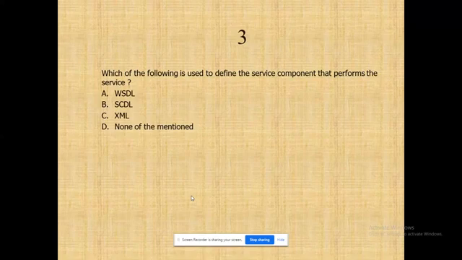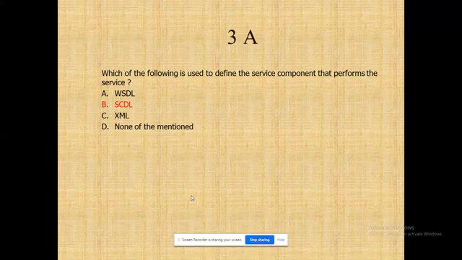So there is a different purpose for WSDL actually. The actual answer will be SCDL, right? WSDL will work for interfaces. That's what my next question is actually. So to identify the difference between WSDL and SCDL, I have given this MCQ. WSDL is meant to identify my interface. SCDL will help me to identify the component. Define and identify the component.